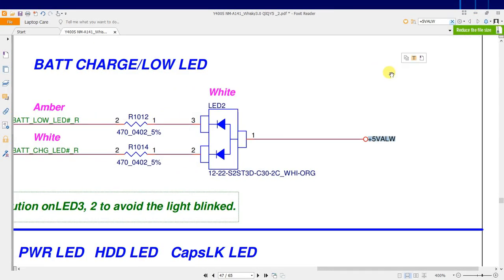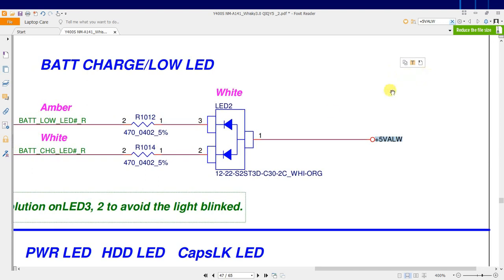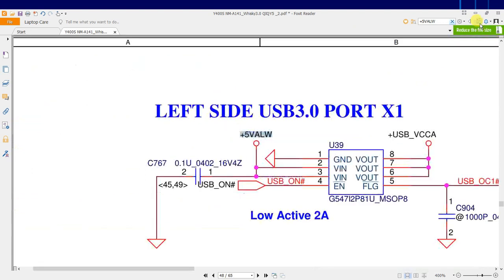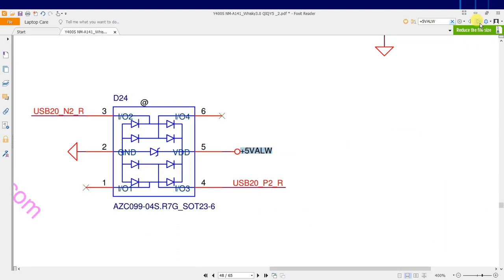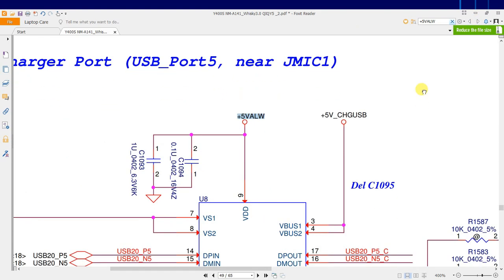Then it was going to the battery charge low LED section also. It is going to the USB 3.0 port as an input power and coming out as USB VCC CA. It is going for USB 2.0 power also.